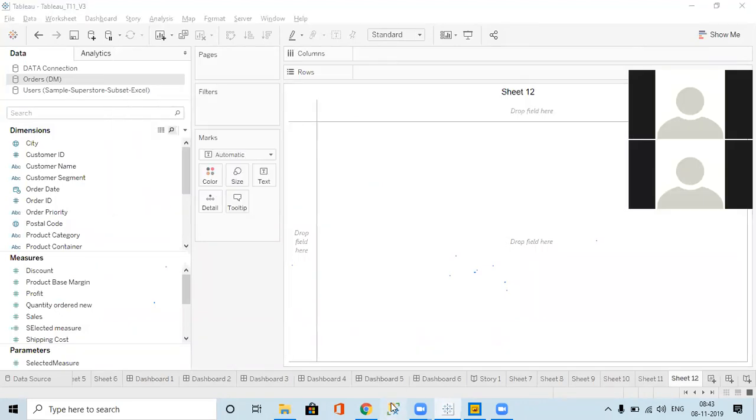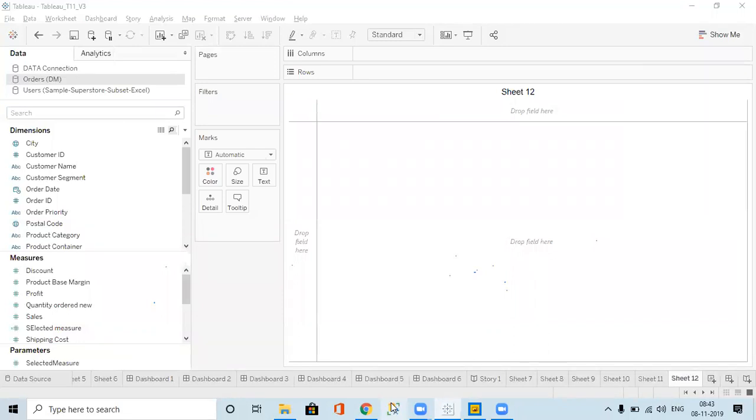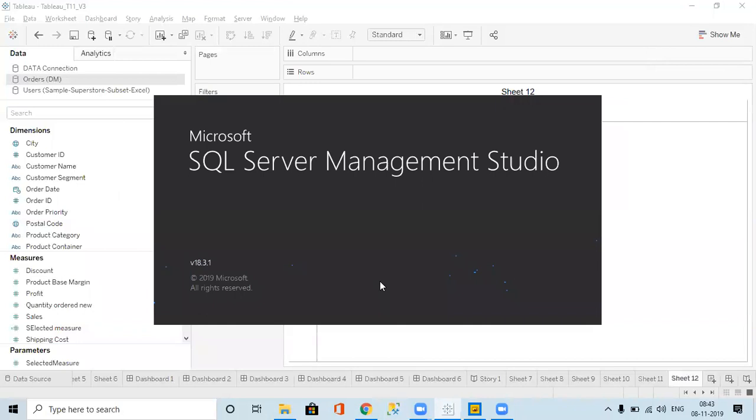So if I have to understand practically, we can do this. Naveen, in Tableau, is it possible to create a new table?